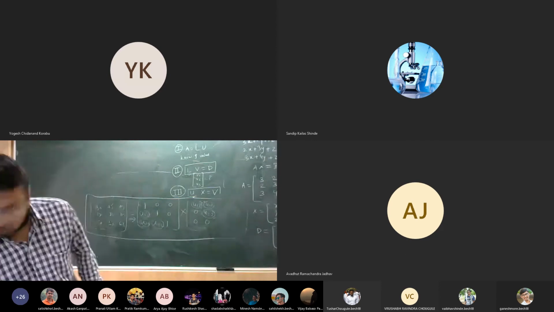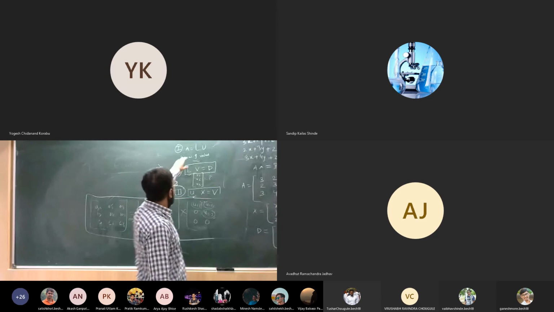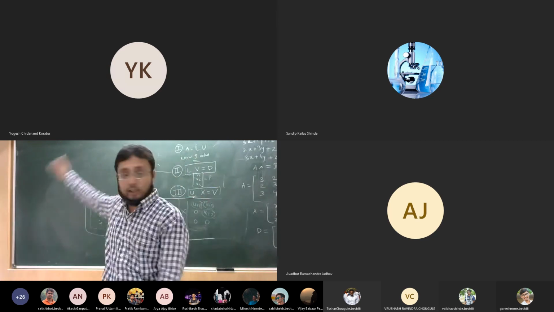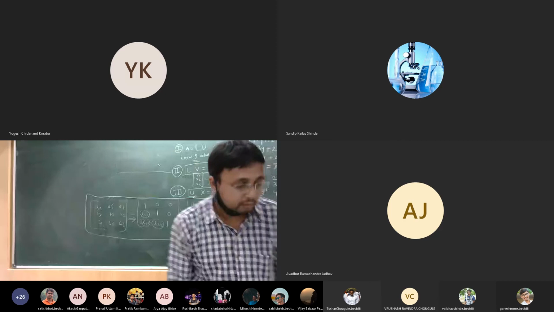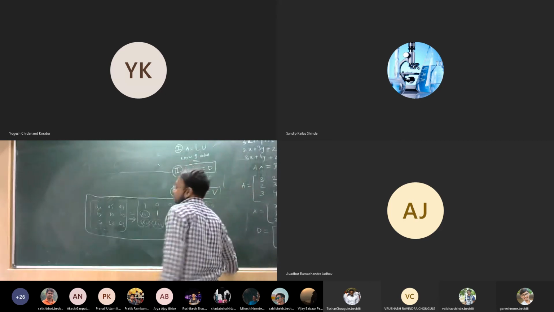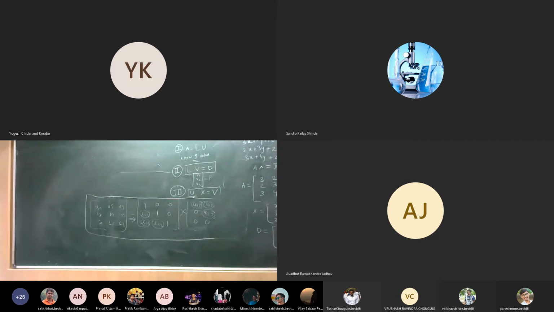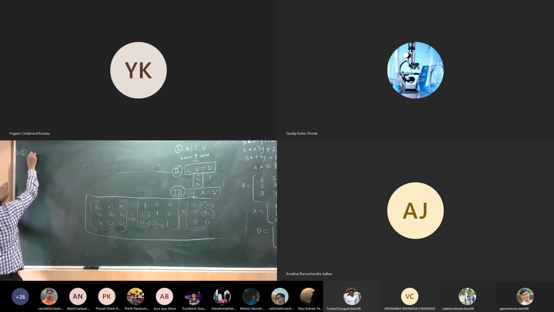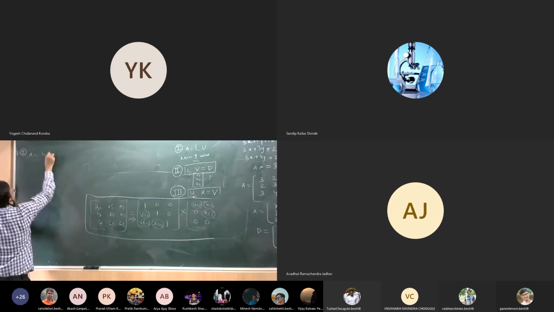Okay, so now the first step that we need is to divide the particular matrix into L and U. I will start from here. Is it visible on this side? Yes, this side is visible. When it is not visible, I will make some arrangement. So first we will represent the given matrix in the format A equal to L into U.